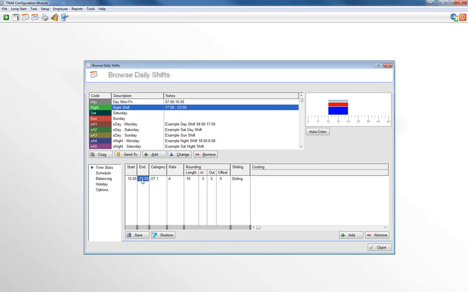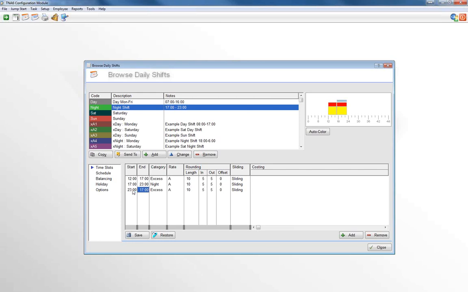We're going to specify anything before 5 o'clock I want to have as excess. I still want my rounding. I'm happy with that. I'm going to create my normal time slot, and I also want overtime afterwards. So I'm going to add those two. 1700 till 2300, which is 11 o'clock. I want this to be allocated to the night shift column because we created a separate night shift. And then from 2300,